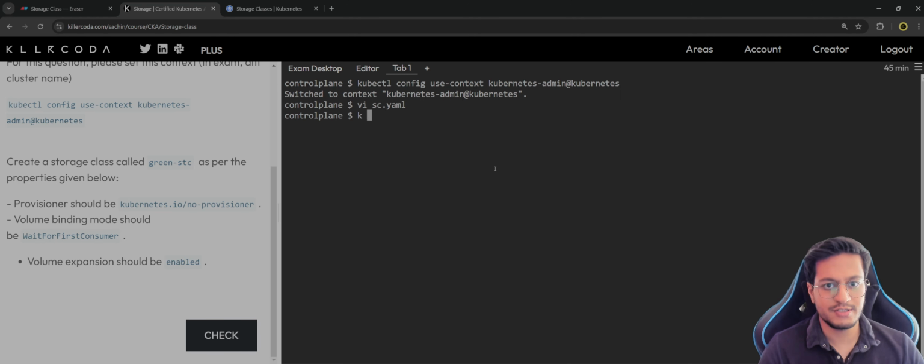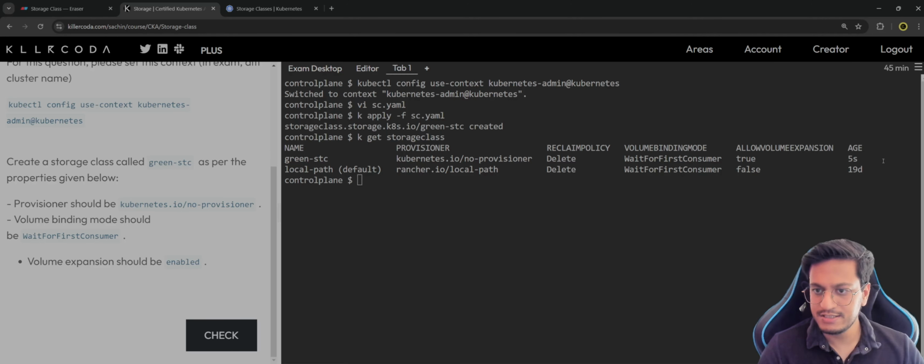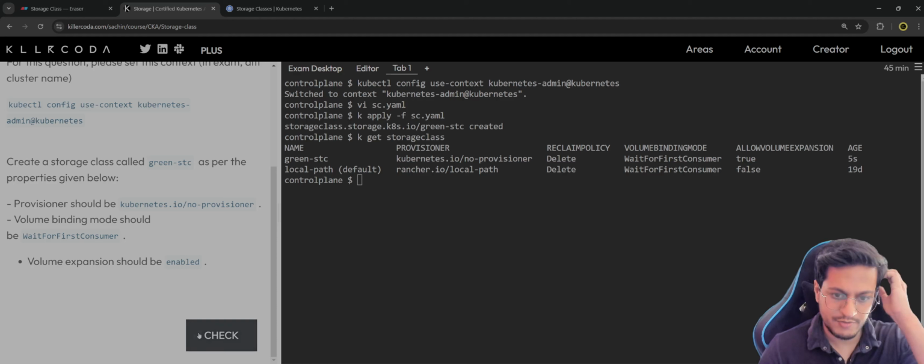And now that's not done. I have to apply this as well. So k apply -f sc.yaml. It's created. k get storageclass. And you can see that just 5 seconds ago, a new storage class has been created. Okay, so now if I press check over here,